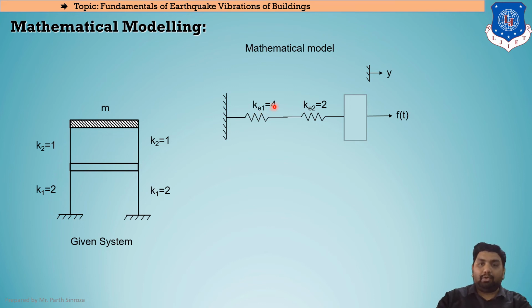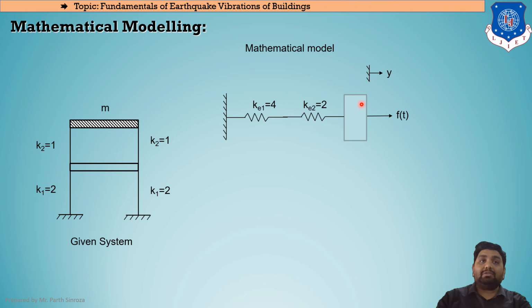KE equal to 4. Now moving across, here there is no mass being given. If there is mass being given here, then the situation could be different. We'll be looking at that later on. Now moving on to these columns. So the stiffness here is K2. Again the stiffness here is K2. These both columns are parallel to each other. Clear? So now the KE, that is the equivalent of these two, will be KE2. KE2 will be equal to the summation of this one and this one. So KE2 will now be equal to 2. Clear? So the entire system will be in series, but these both columns will be in parallel.